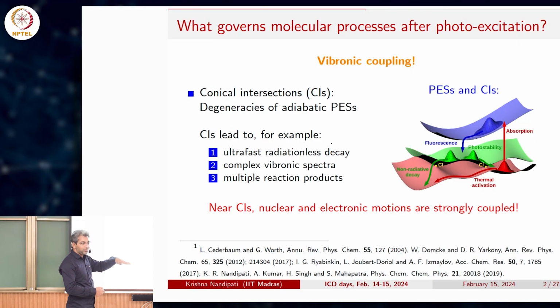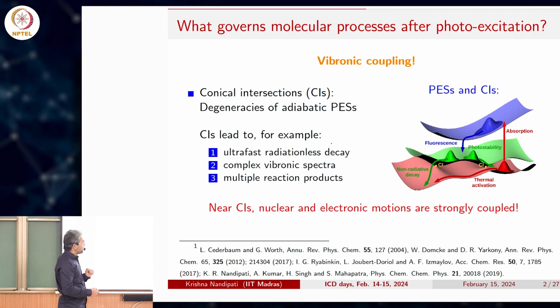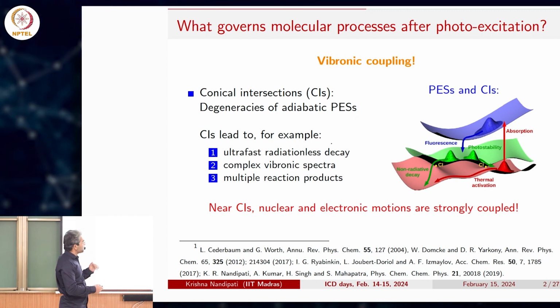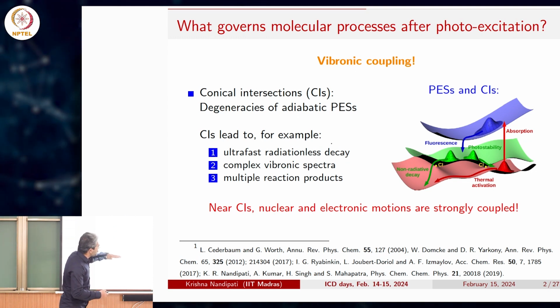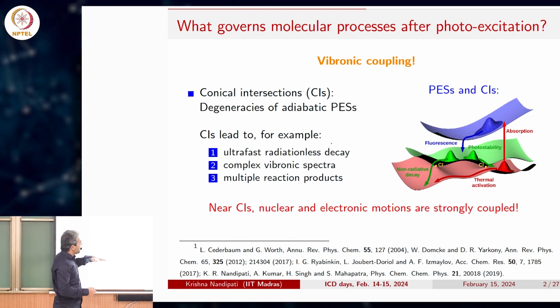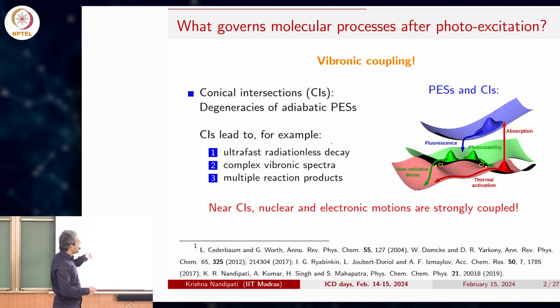Yeah, which describes one of the electronic states in 2 dimensions, for instance. And upon absorption of a photon, it goes to, let's say, one of the excited states. And there is one green sheet sitting close to the red one. What happens? After absorption, this molecule comes down either by fluorescing to the green sheet, and then after coming